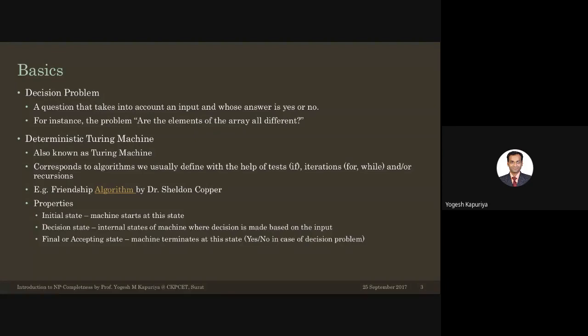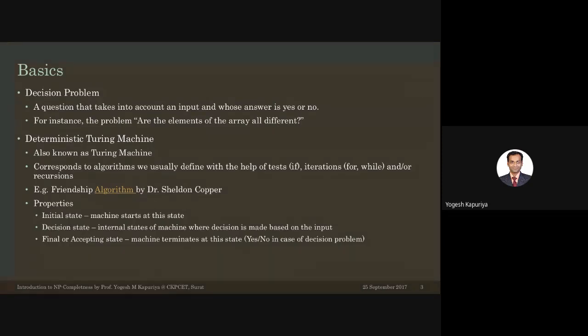So there were different kinds of machines in discussion when computers were not there. Machines mean something which can compute, right? Based on that theoretical principle, evolution happened, and finally what we arrived at is the Turing machine. Based on that Turing machine, the computer has been built. So all the logical aspects of computers or a processor have a theoretical base in the Turing machine.